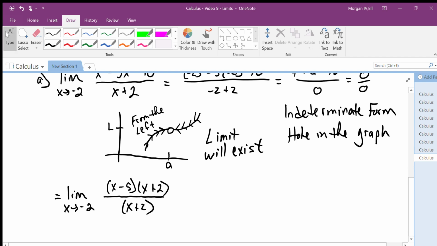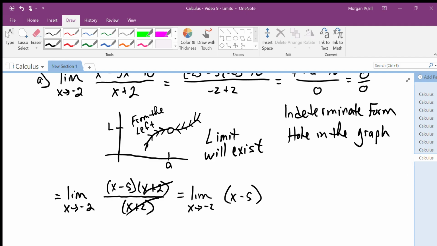Again, if I would have plugged negative 2 in for all the x's, I would still get 0 over 0. But now, because I have the x plus 2 and x plus 2, they can cancel out. And we're just left with the limit as x approaches negative 2 of x minus 5. Now that I've canceled out the x plus 2, which is where there was a hole in the graph at negative 2, we can now do direct substitution on the x here, plugging negative 2